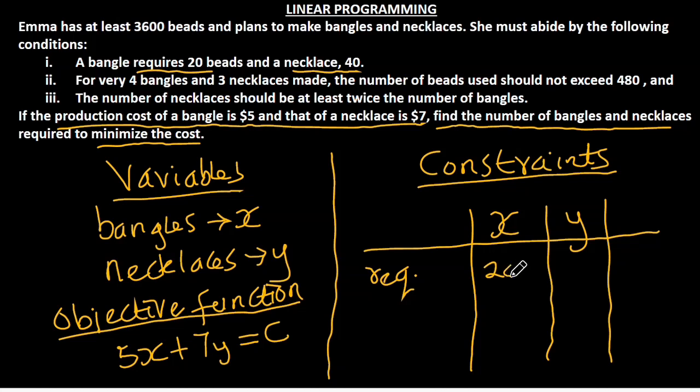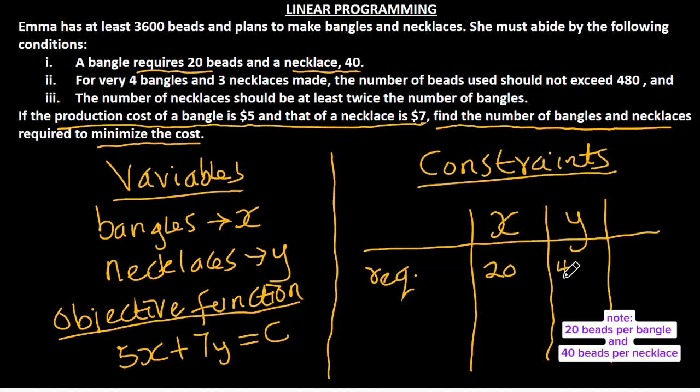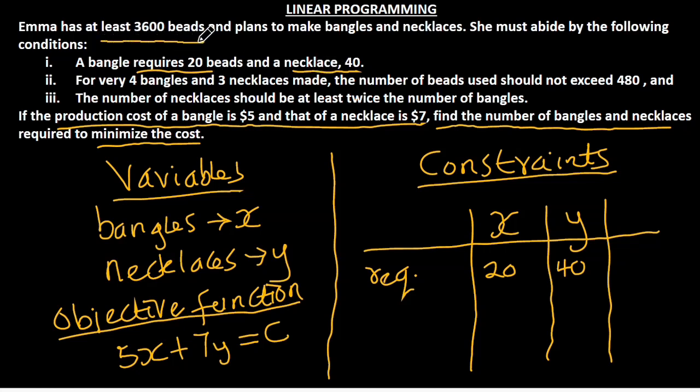We require 20 for bangles and 40 for necklaces, but all of these bangles and necklaces should utilize at least 3,600 beads. So it means it is exactly 3,600 beads or more than 3,600 beads, and that gives us the inequality greater than or equal to